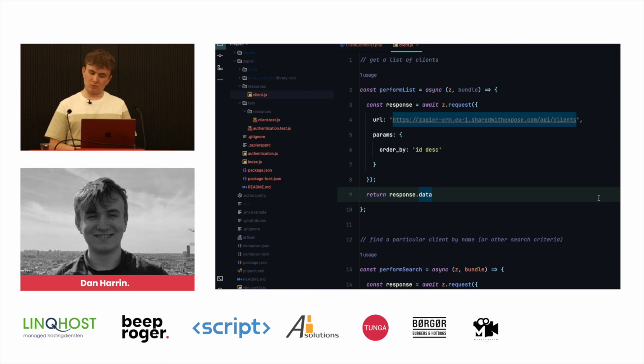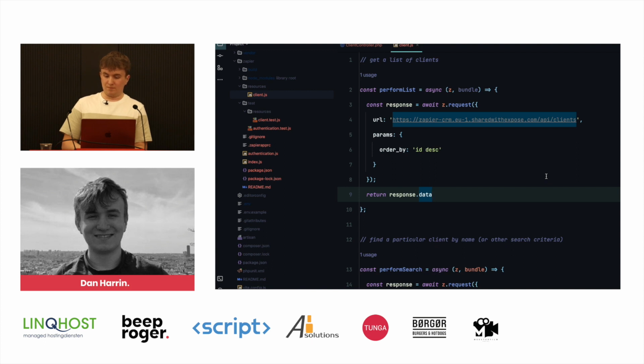We can actually have a look at what Zapier is going to be sending to our API here. So at the moment, we've got our params. We aren't going to use these. This is just Zapier ensuring that the newest records come first, because that helps it with the polling situation. But we don't need to worry about that at the moment.